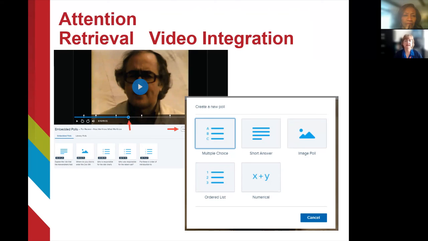In this particular vendor here, there are many, they call it a poll instead of a question, but within the video itself, it's pretty easy to plop in some type of question that the student has to answer before they can progress in the video. Some of our competencies have used this. So this is a way on an asynchronous platform that we can grab our students' attention again and ask them to be actively involved in retrieving some type of information.